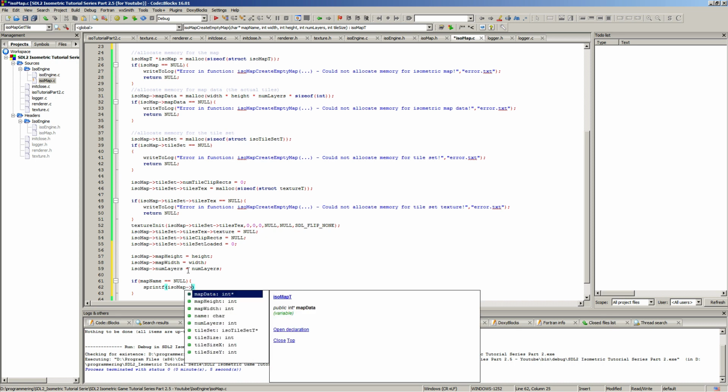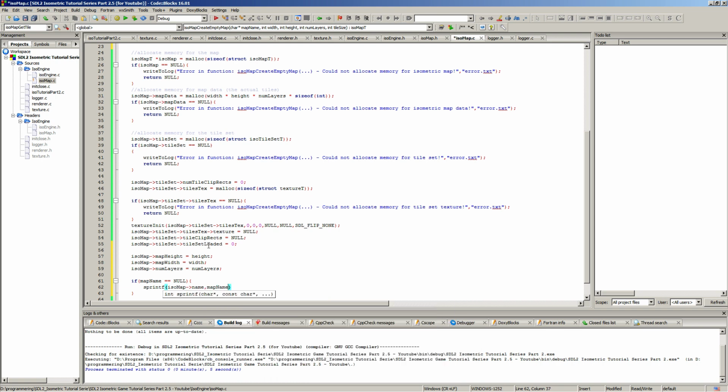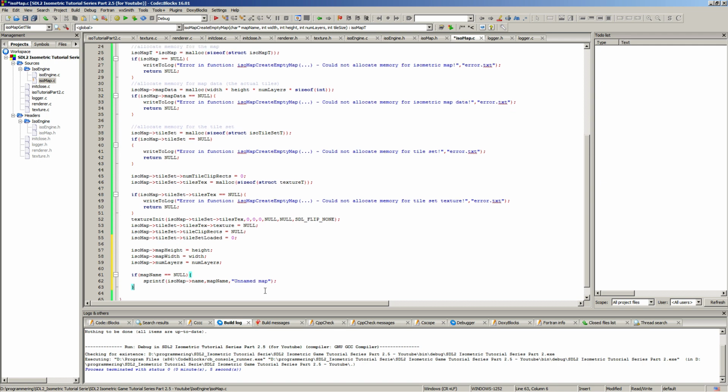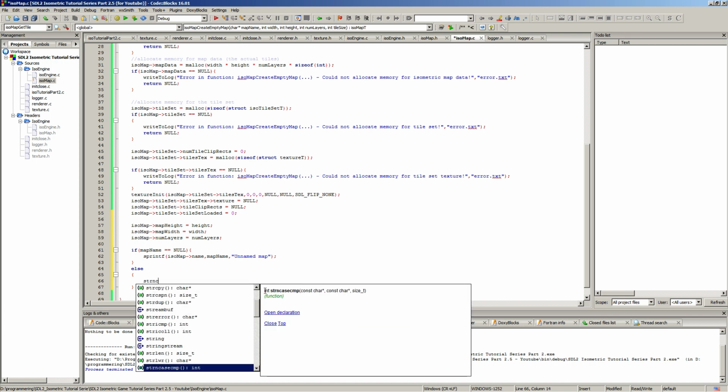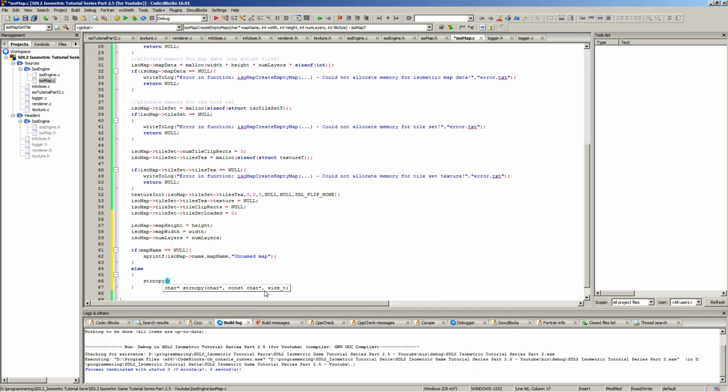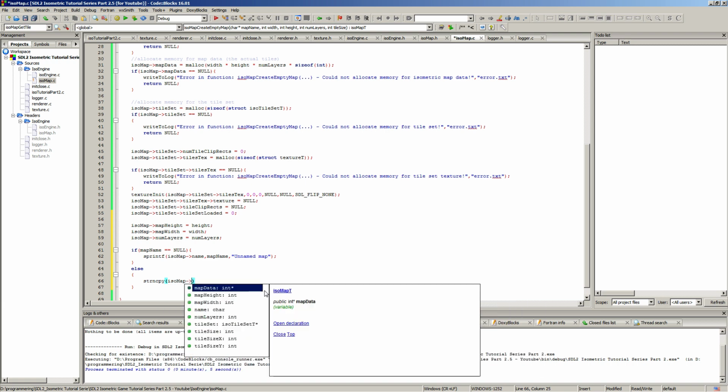I don't know why it's not doing properly here. Name, and let's get the map name. We can go, if it's null, we just give it an unnamed map, like so. Else, we'll do string copy. We'll copy the iso map name